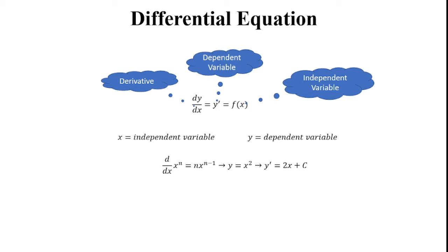Here, I consider one mathematical equation, which is y equal to x square. How can I apply it? Here you see, the general formulation is n into x power n minus 1. So, y equal to x square is differentiated with this general form. x square is converted into 2 into x power 2 minus 1. So, 2 minus 1 is equal to 1. So, 2 into x plus some constant may be added to that.